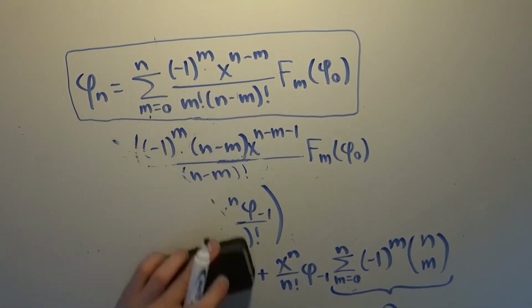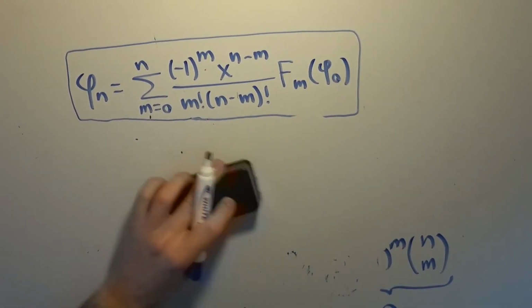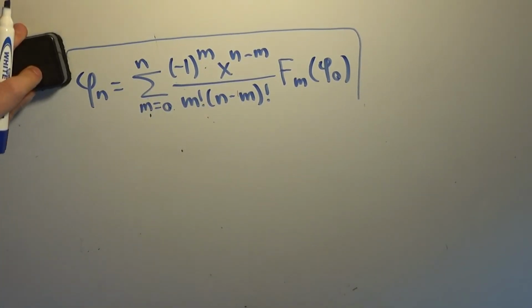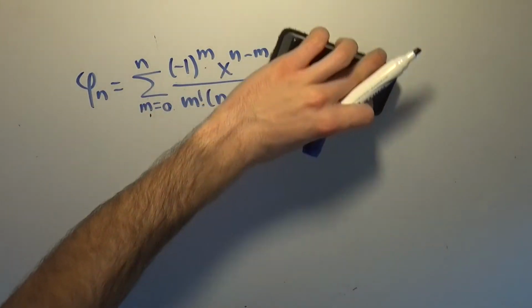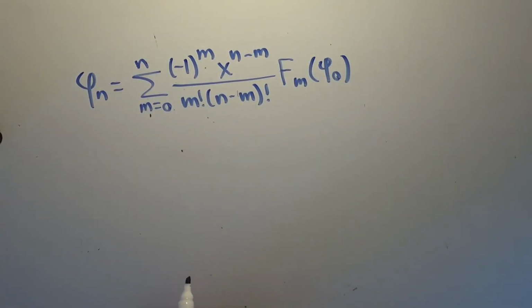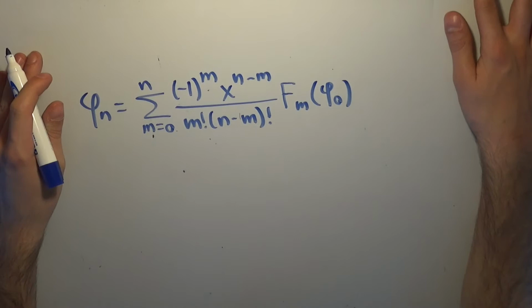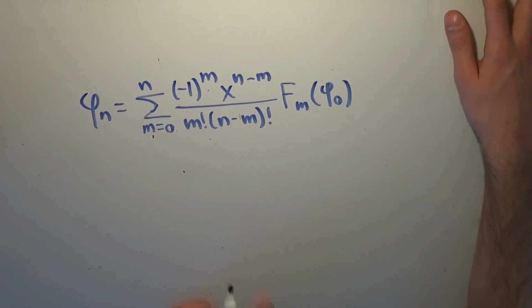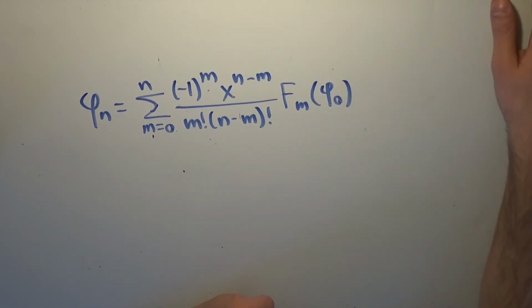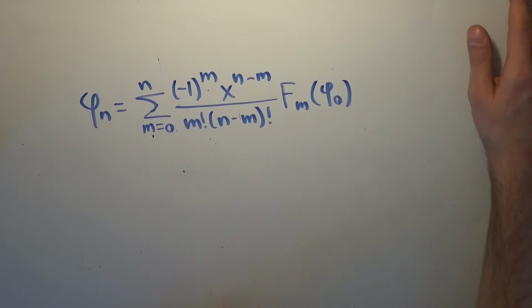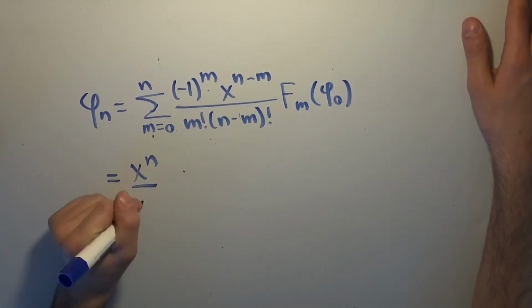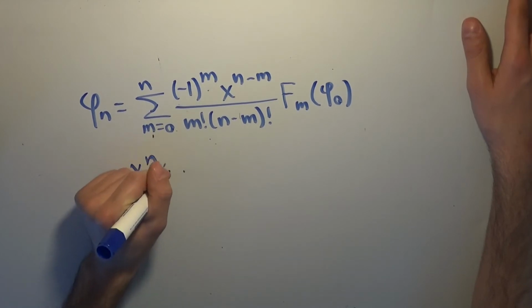What we should do is investigate the expression a little more and see if we can't transform it into something that might be easier to explore than this crazy stuff right here. So what we're going to do is something similar to what we did in the last step of our proof of this equation. We're going to factor out the things that do not depend on m. So we're going to factor out x to the n, and then we're going to again divide and multiply by n factorial. So I'm going to factor out x to the n, divide by n factorial, and that leaves us